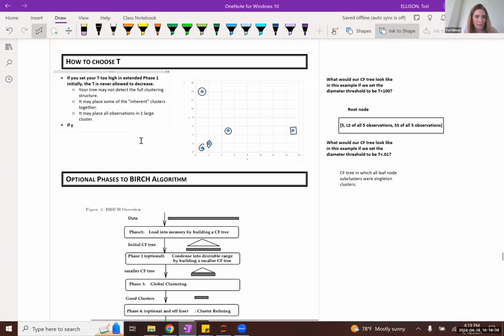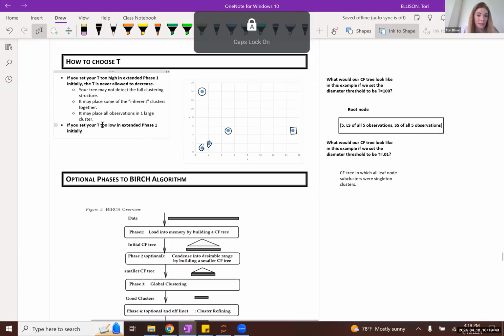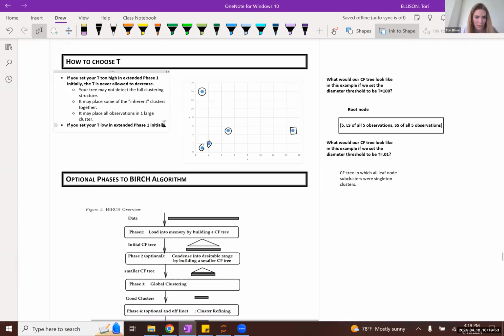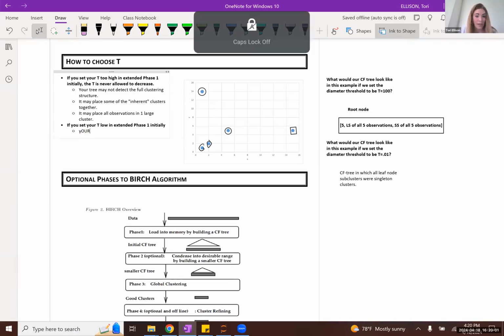The problem is, if you set your T too low in extended phase one initially, here's what might happen.